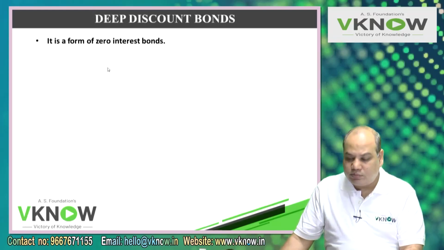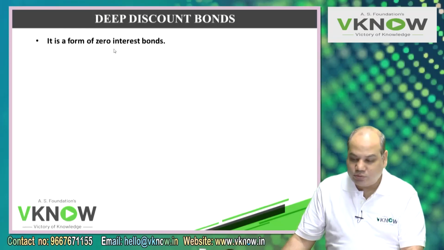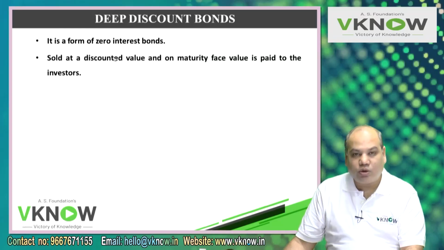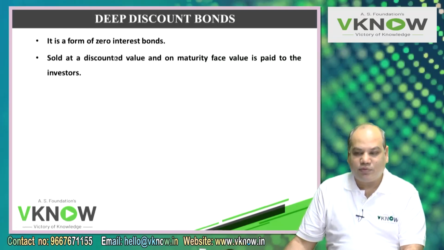Another very common bond which they ask in the exam and very important for further discussion also is called deep discount bond or zero coupon bond. So point 4 and point 5 are similar. What is a deep discount bond? A bond which does not pay you any coupon, but these bonds are issued at a deep discount, heavy discount. Sir, what is heavy discount?